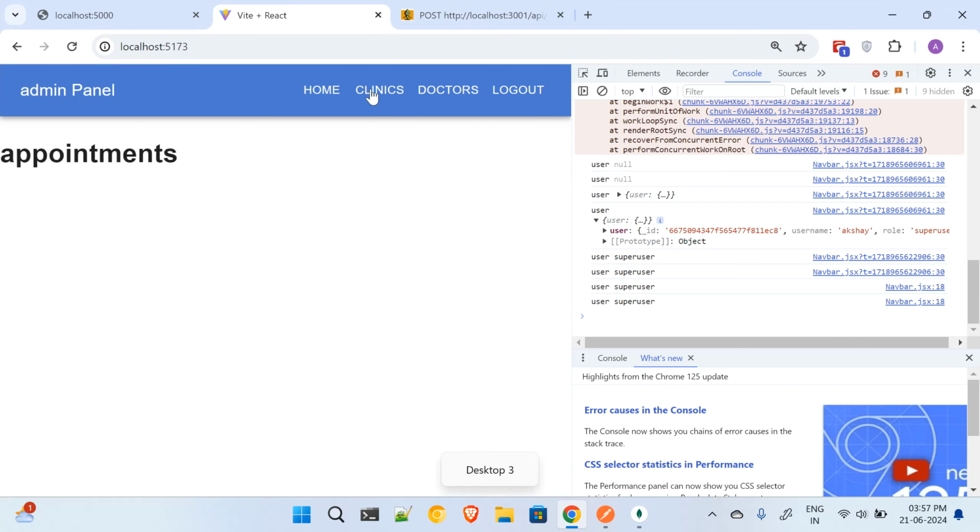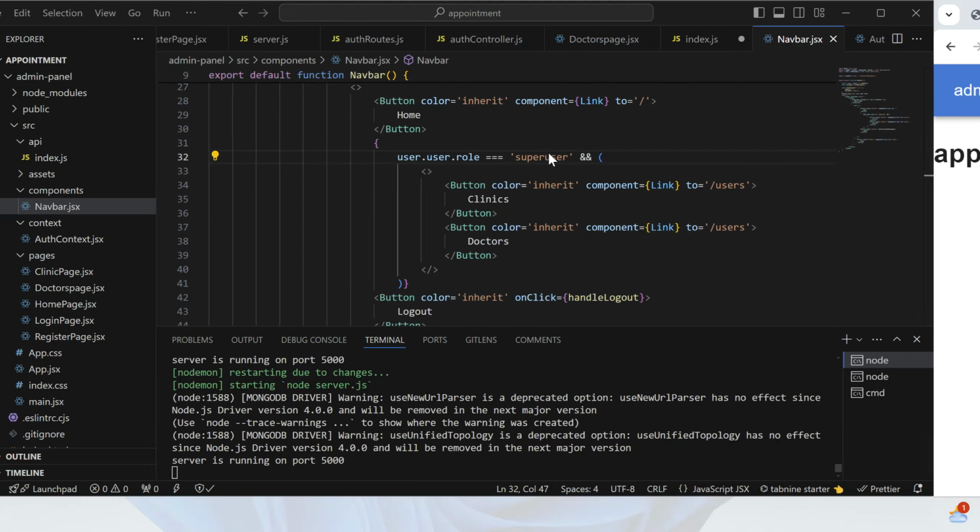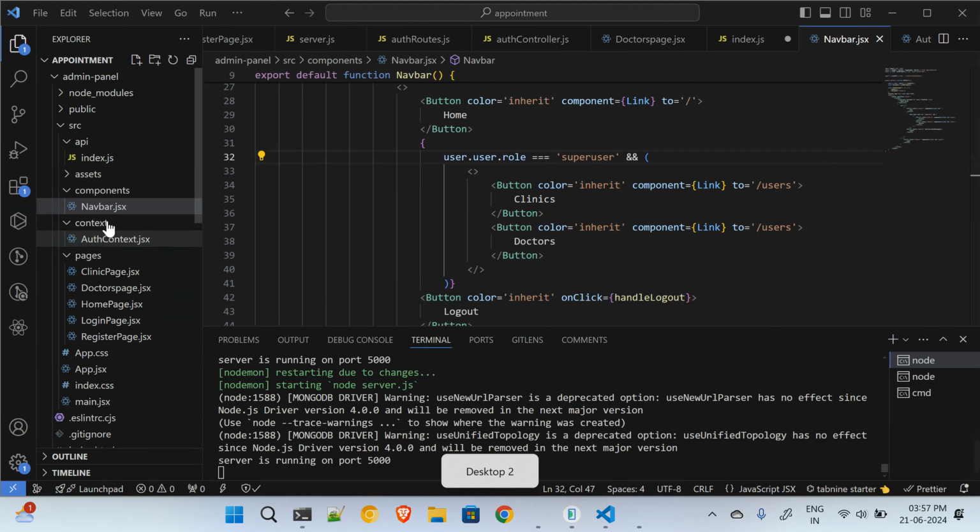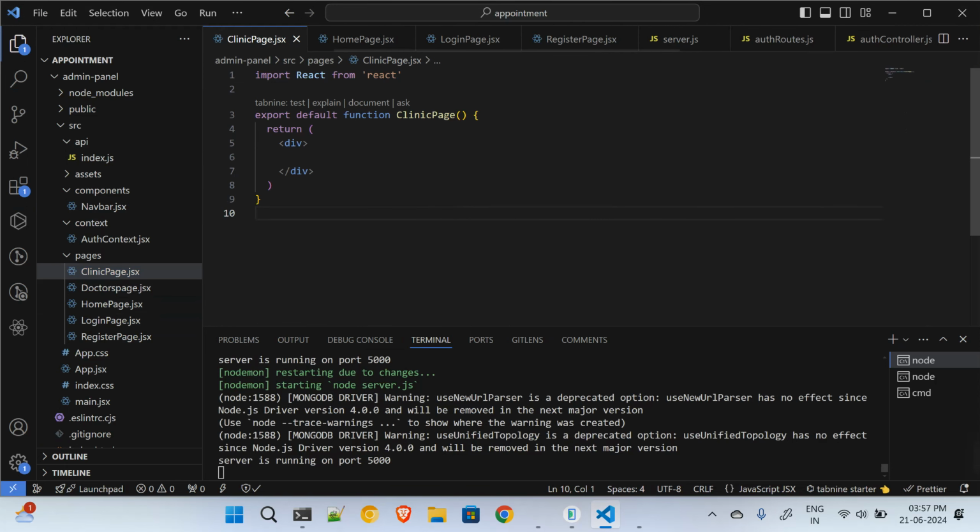So now these options will be only visible to the super users. That means only super user can create the clinics and doctors. So let's get started now. So now, first of all, let me just go to the clinic page. And clinic page is the first page over here. And yeah, let's do one thing now. Let's just see how to create this clinic page. So first of all,